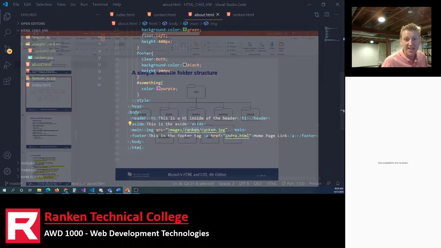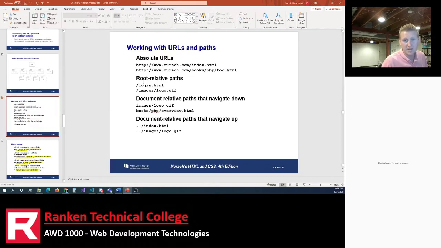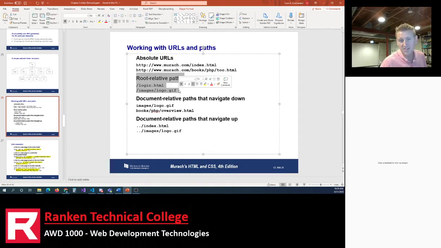Now, in the PowerPoint, yeah, probably dot dot slash is most likely going to be on the test. This right here screws up more students than it helps. This is important code, but you have to understand it to use it. A lot of students use this and it works until it doesn't, and then it breaks, and then that causes problems. So root relative